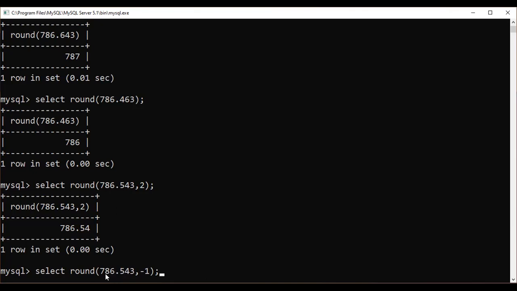Underline this number. And before what? Go to the number immediately to the right of that position, that is 6. It is greater than or equal to 5. So +1 is to be added to the number in the -1 position. So 8 will become 9, and the number to the right of this one has to be changed to 0. So your answer will be 790.